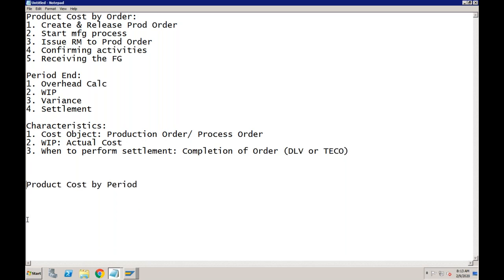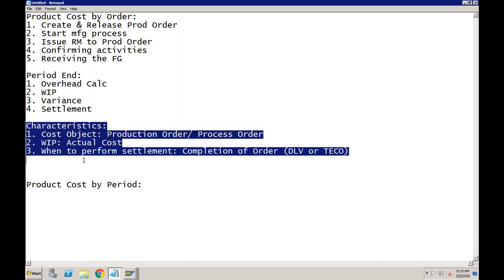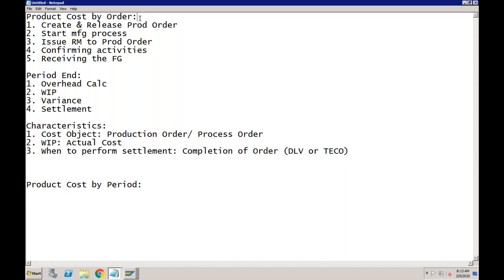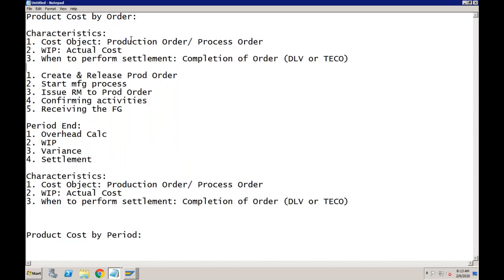If not, now let's talk about product cost by period. Maybe first I will write the characteristics and then I'll write the process. So characteristics, maybe even here also I'll do the same thing. I will just copy this and write it here. So these are the characteristics and this is the process. Now for product cost by period, number one, if I write about the characteristics of this,